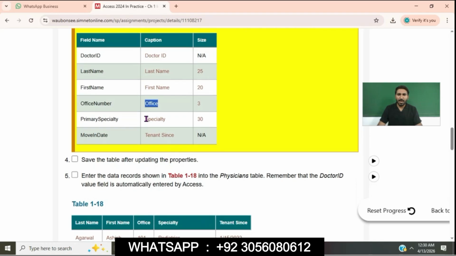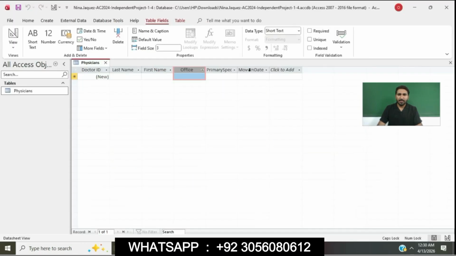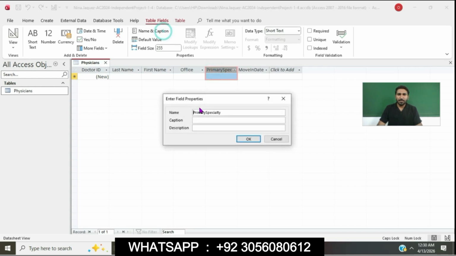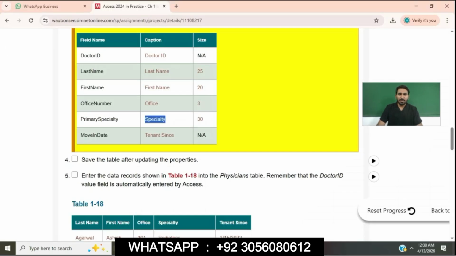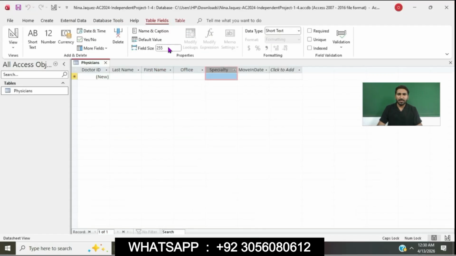Now the primary specialty field caption is specialty. Click on the primary specialty field, go to the properties group, click on name and caption button. The caption of primary specialty is specialty. Click on OK button. Field size is 30.